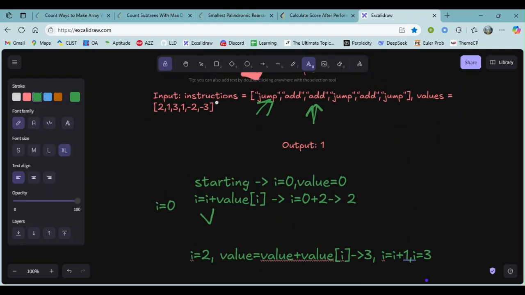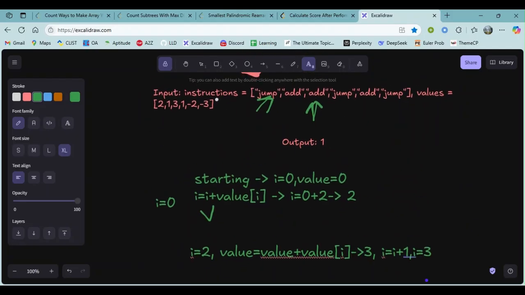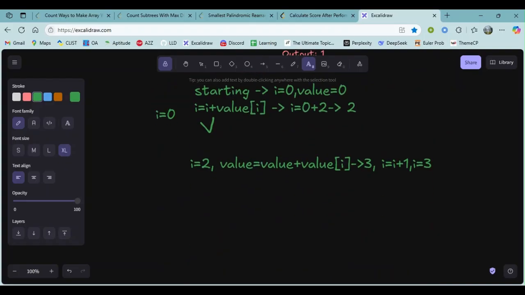So we go to the next index, that is jump, and its value is equal to 1. After that, i is equal to 3 and our instruction is jump. Then what we have to do is jump to i plus values[i].